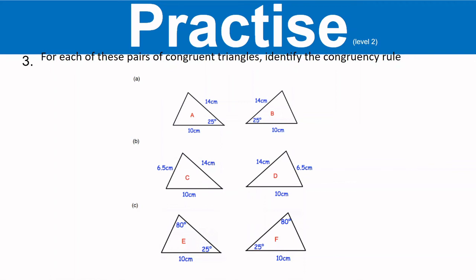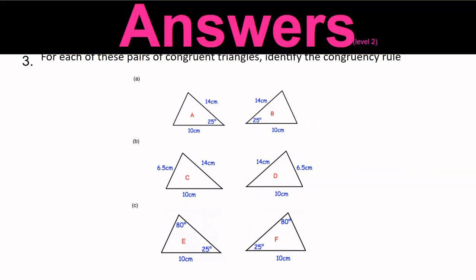I hope you had a chance to hit pause, because here come our answers. For part A, this is the SAS rule. I've got 2 sides and the angle in between them. For question B, I'm given all 3 sides of both of these triangles. That's the SSS rule. For question C, I'm given 2 angles and 1 side length, but be careful because the